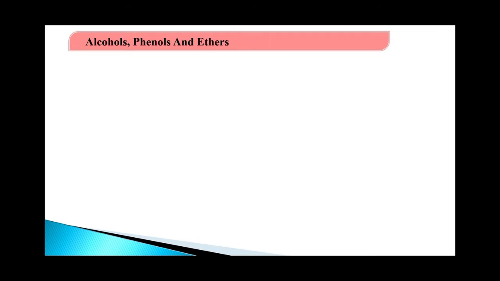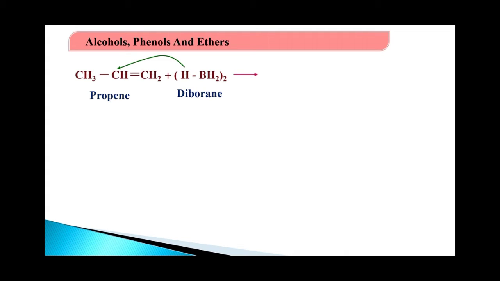Let us see this by taking one simple example like propene. In the first case we ended up with secondary alcohol. Now we will see how it is going to end up with primary alcohol. Propene on reacting with diborane gives rise to CH3 C, to which another hydrogen has now been attached. Now you may ask, why does this hydrogen attack CH? In the first case hydrogen was attacking CH2.